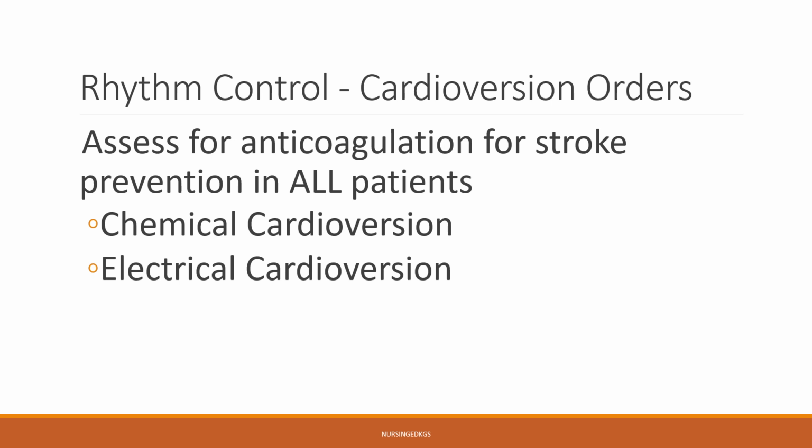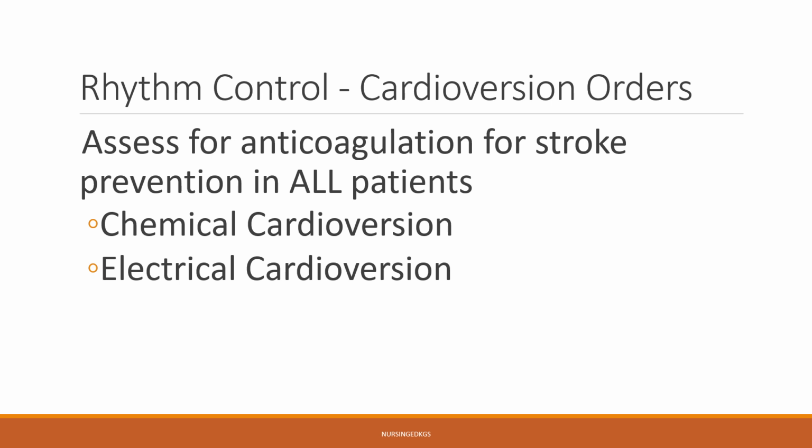Chemical cardioversion is considered in patients who are hemodynamically stable with the recent onset of AFib, and particularly those patients without structural heart disease. However, the success rate of chemical cardioversion varies depending on factors such as the duration of the arrhythmia, the presence of structural heart disease, and individual patient